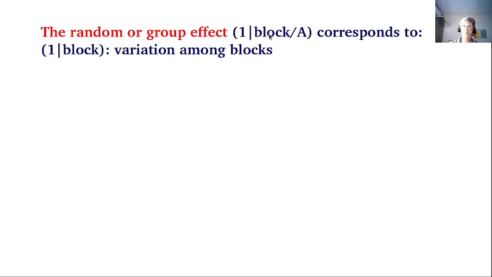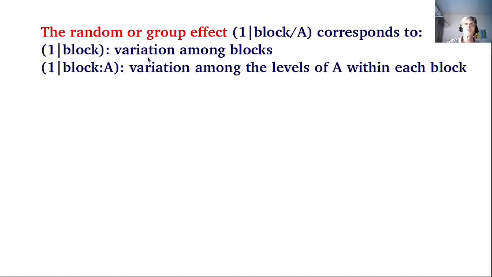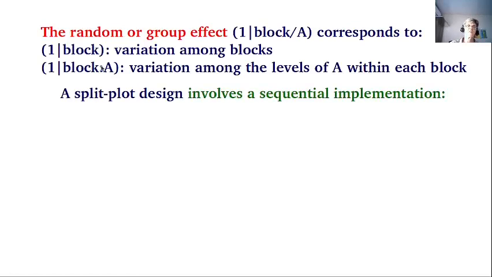This is an optional part, blocks is an optional part, and the other component reflects the variation among the levels of the factor A within each of the blocks. This is a sort of interaction between two variables modeled as random effects. In the split plot design, the factor A is going to be modeled as both a random effect, or group level effect, and as a fixed effect or population level effect. So a split plot